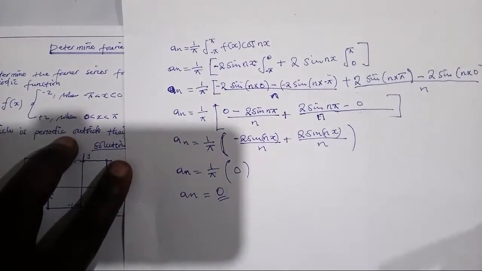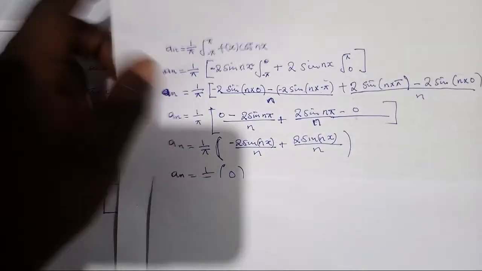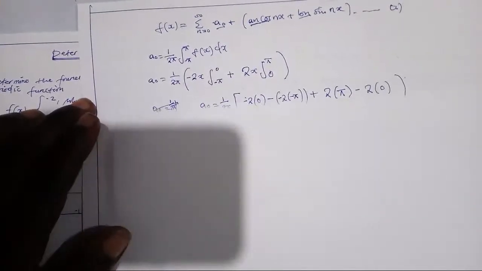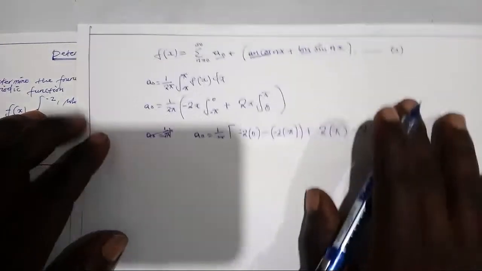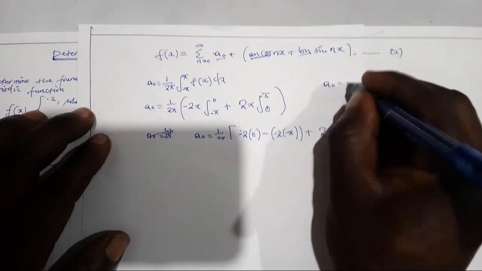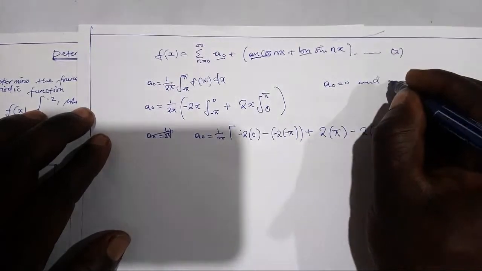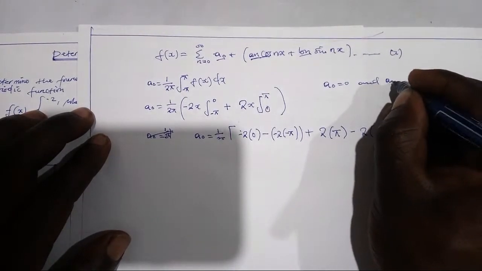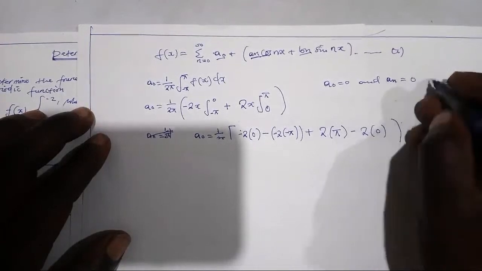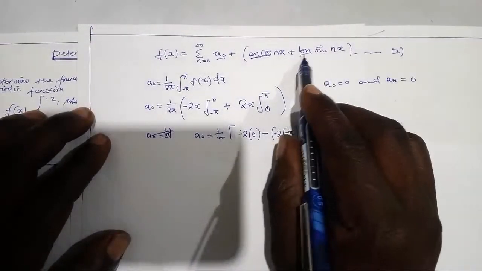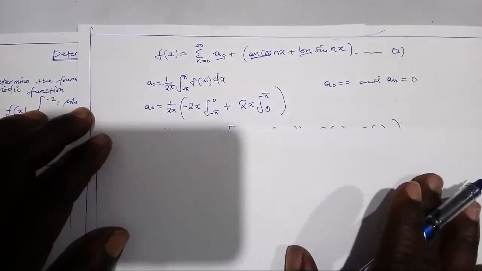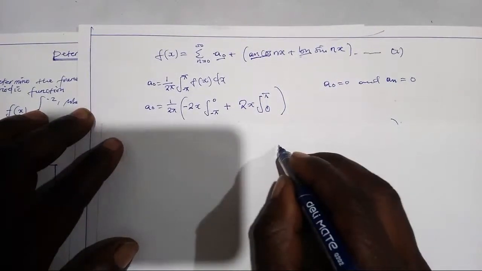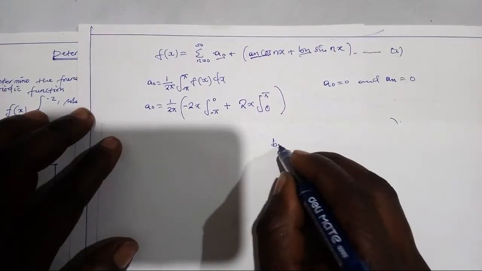So now let's find b sub n, because we are following this formula here. Since we have found a sub 0 is equal to 0, and a sub n, we have found that it is 0 also, we have to find b sub n. So b sub n should be equal to